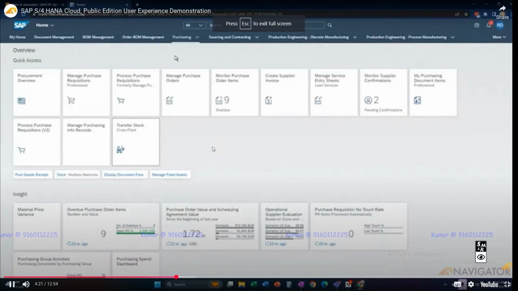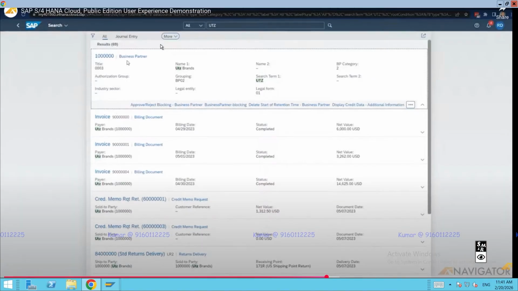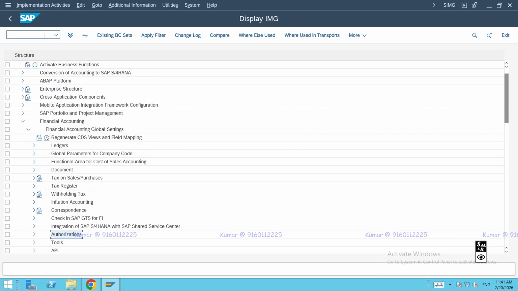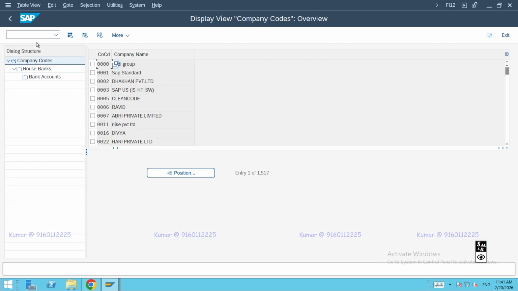Same like this, NetWeaver and Fiori apps only. So we'll do that, but not now. But we are going to do that in the automatic payment program. So here, if you see, what is the code for house bank creation? Yes. So here,